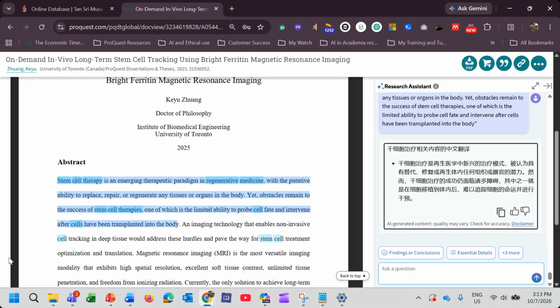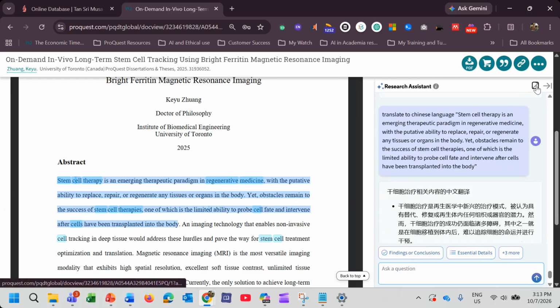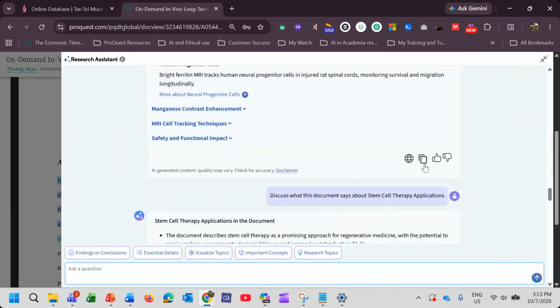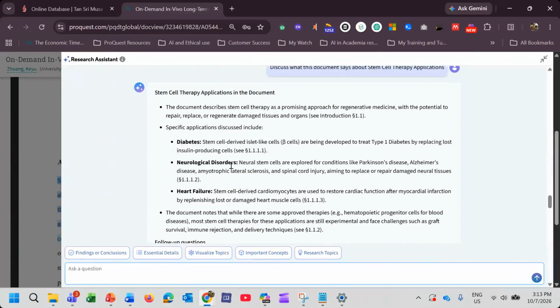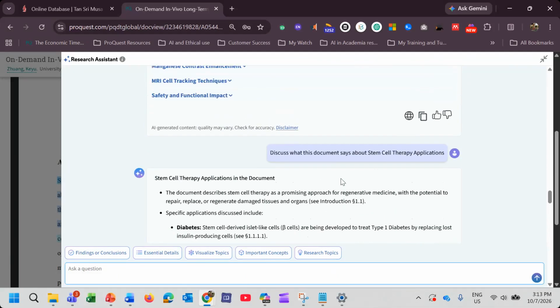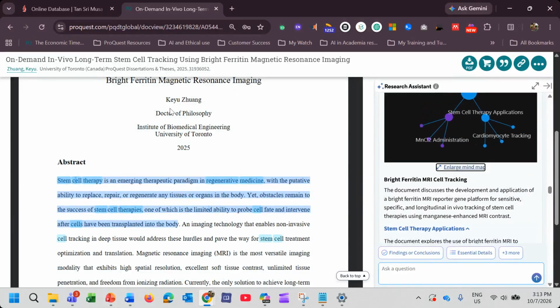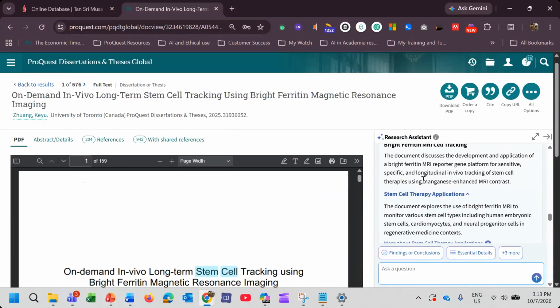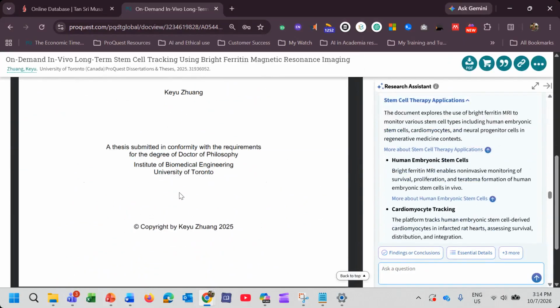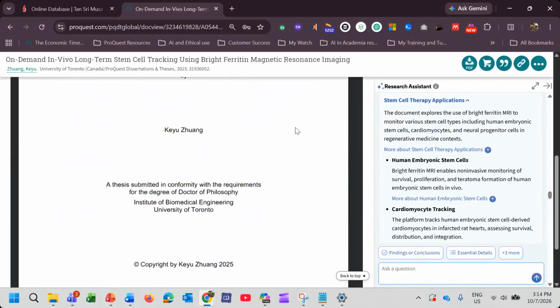Then if you want to copy this information, this content, always look for the copy sign here. Can you see the copy sign? Then you copy this into your documents. And make sure when you submit it in your research paper, or your final year project paper, you indicate that this is from the research assistant based on the main paper, so it is not from elsewhere. This is from the dissertation itself, specifically from the document itself. Now that is an important message that I want to share.